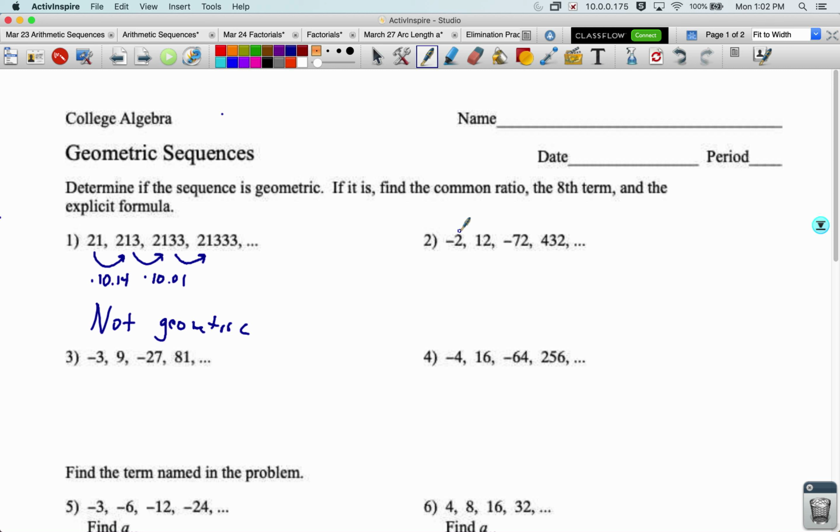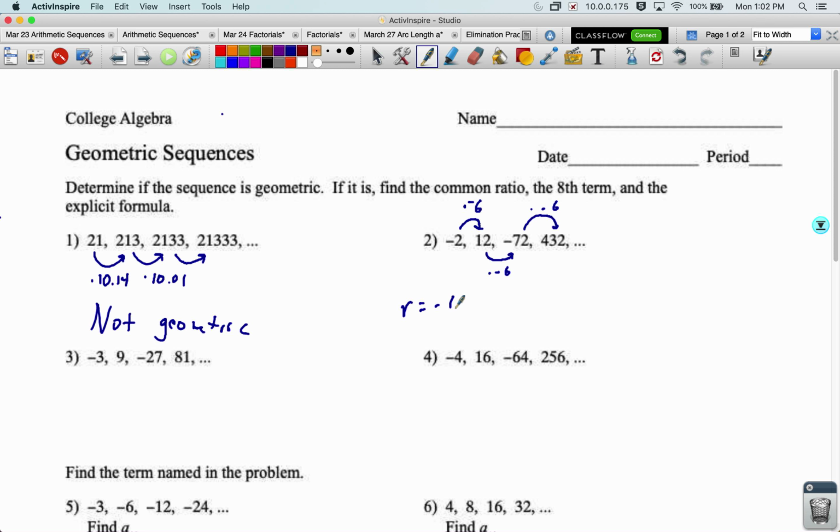All right, let's look at number 2. What am I multiplying negative 2 by to get all the way up to positive 12? Well, I must be multiplying by a negative 6. Let's see if that holds true. If I multiply by negative 6 again, do I get to here? Yes. If I multiply by negative 6 again, do I get here? Yes. So yes, it is geometric. The common ratio